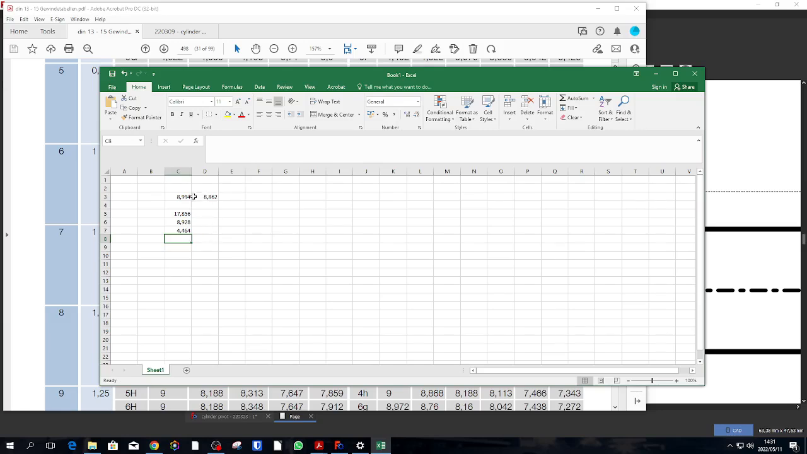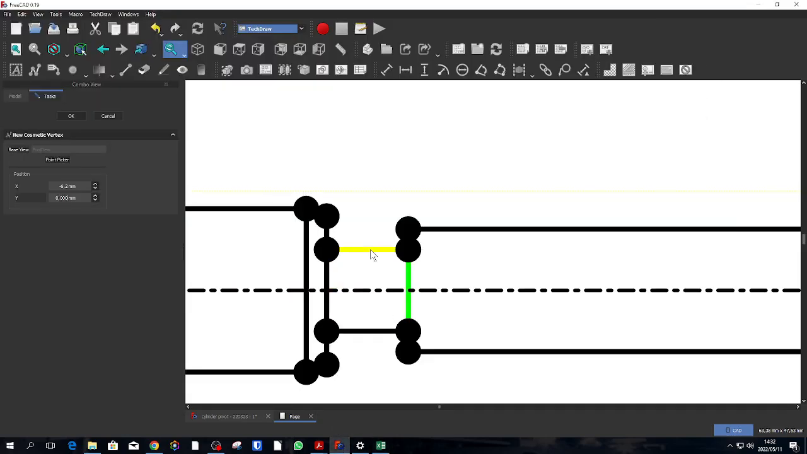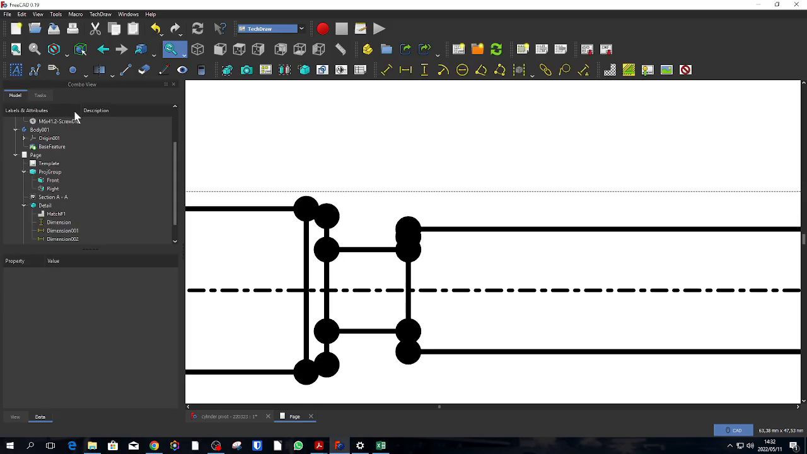Sorry about that. So let's just Control X, Control V. Okay, so we actually want 2,634 as a y coordinate. 2,634. Right, so let's add that. Go back to FreeCAD. Yes, so we want